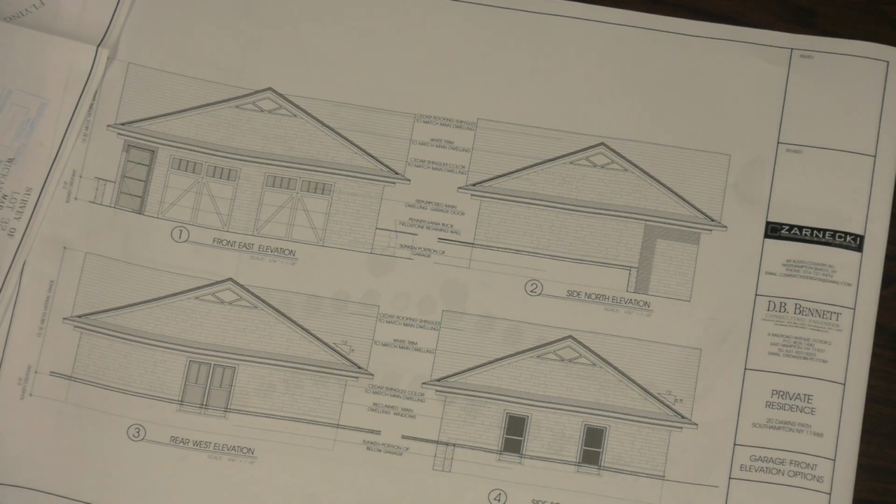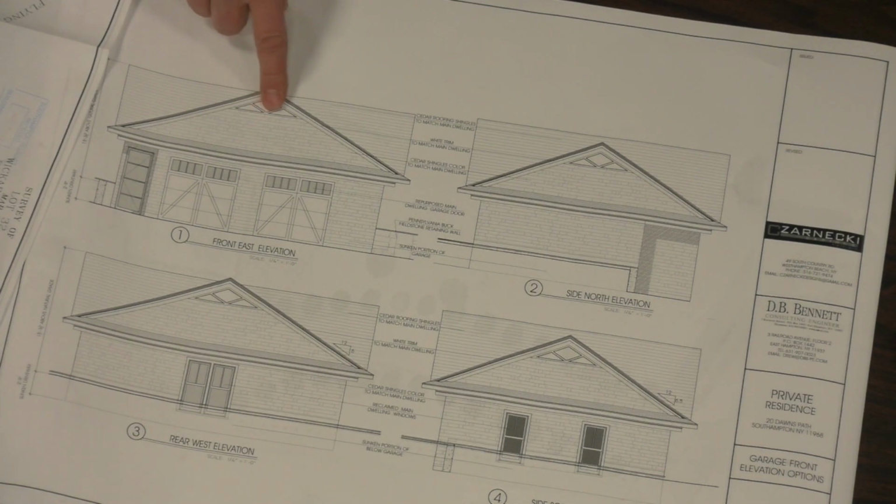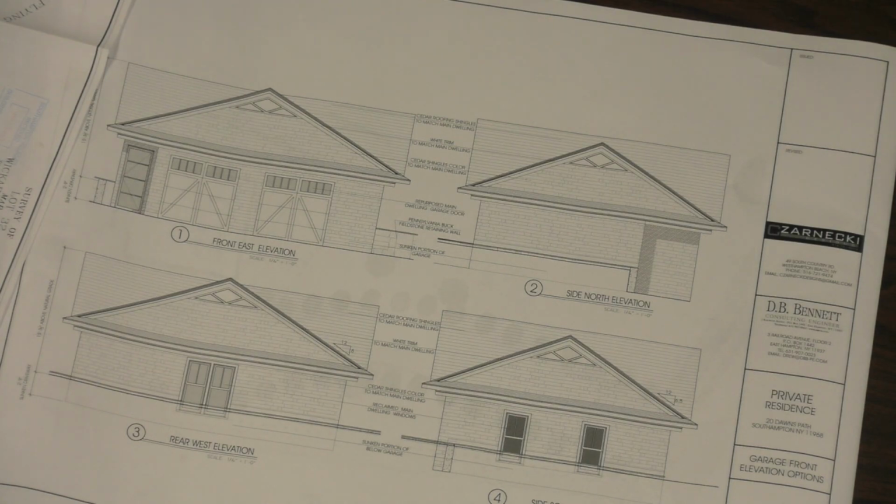On top of each of those eaves, are those windows going in there for a little light up top? Or is that a paneling detail, a trim detail? I think it was a paneling detail. It's not a window. Those are paneling details that match the paneling on the house. All right, so I think it looks perfectly nice. We just can't act on it,